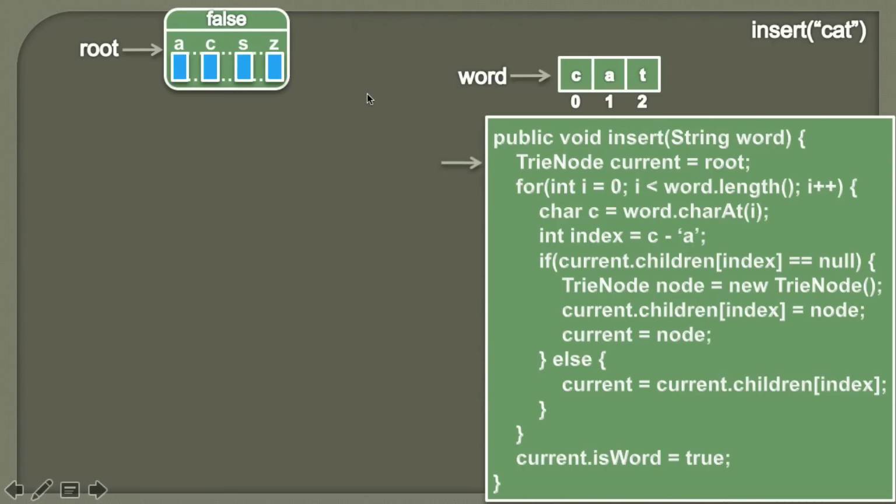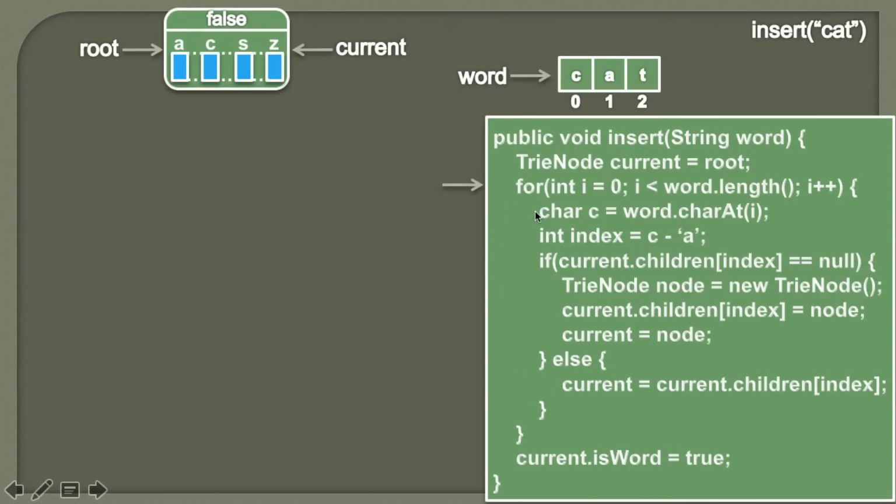Also friends, in our previous tutorials we discussed that we always start from the root when we are inserting any new word. So in step 1, we'll simply create a temporary node current, and whatever node root points to, we'll assign it to current. So it would look something like this, that current points to the node which root refers to. Moving ahead,